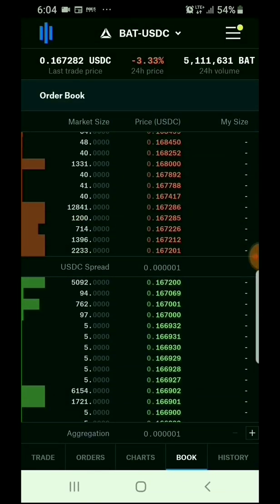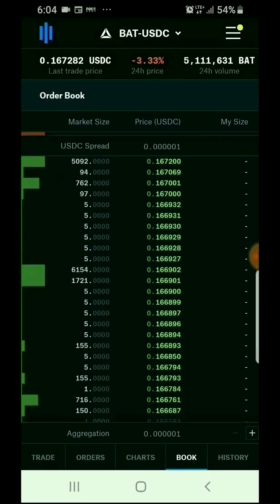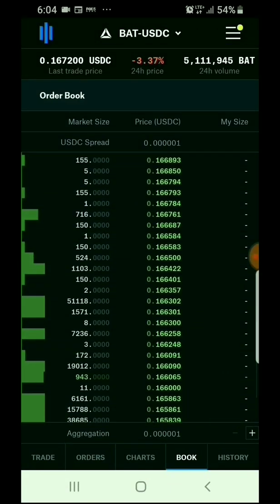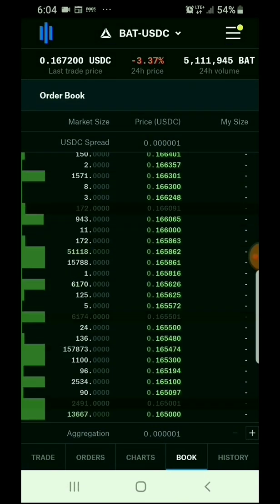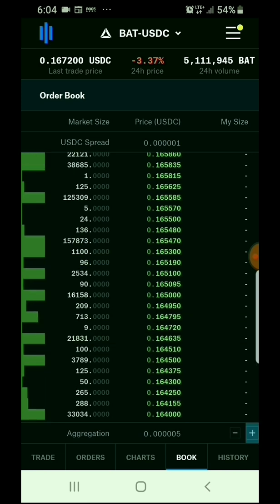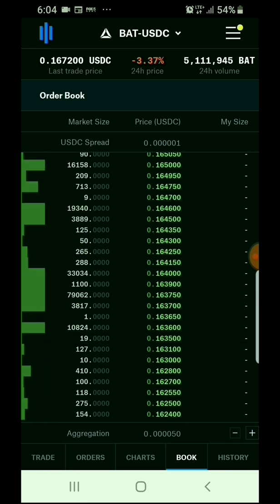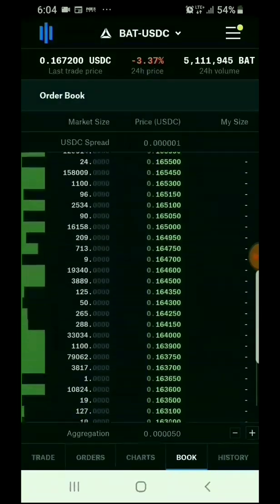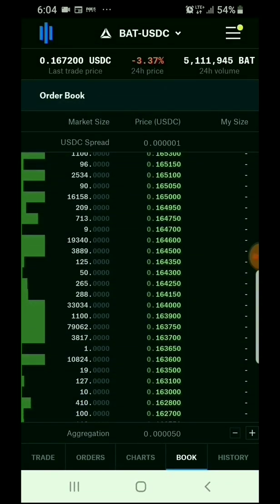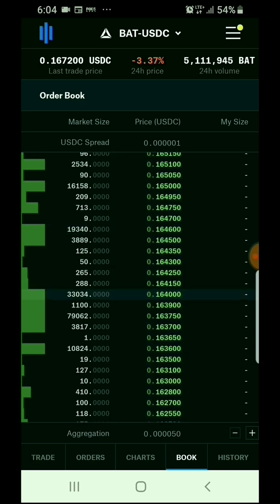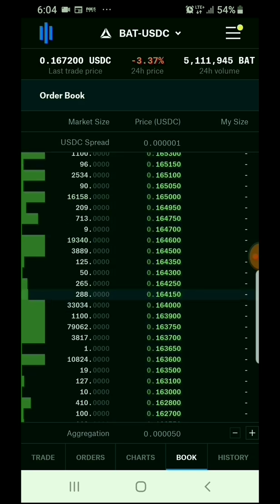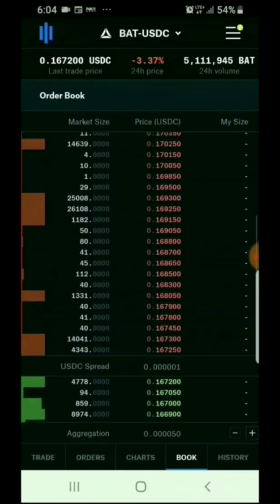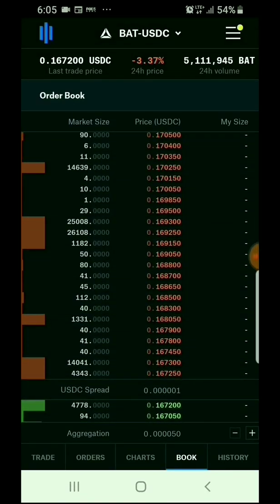The third one. All right, so if I was going to buy right now, let me increase the aggregation to slow down the movement on the screen so that I can get a better idea of what's what. I would actually buy, if I really had time to sit and wait for it, I would buy at 0.164150, okay? That is that one that I just highlighted, okay? So now let's find a place where I can actually sell.